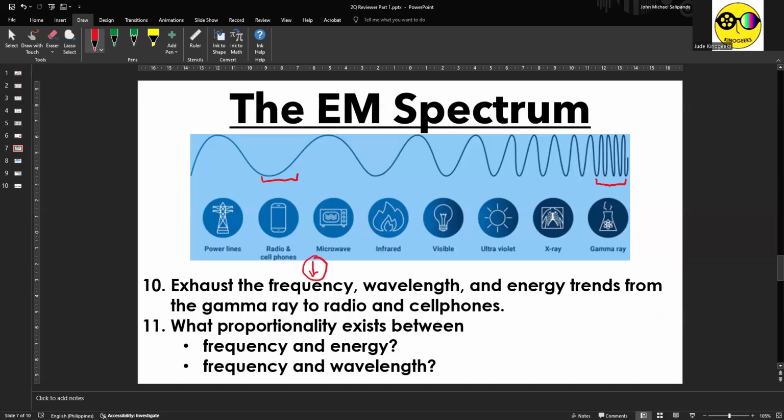Now, when it comes to wavelength, we will say wavelength refers to the distance of one wave. So for gamma, you may have the most number of waves, but the length of one wave is too small, just like that. While for radio, the length of one wave, let's see, power lines, no? Since I decided to merge it with radio, that's how long a wave is for power lines as well as with radio and cell phone. So therefore, wavelength from gamma to radio and cell phone as well as power lines increases.